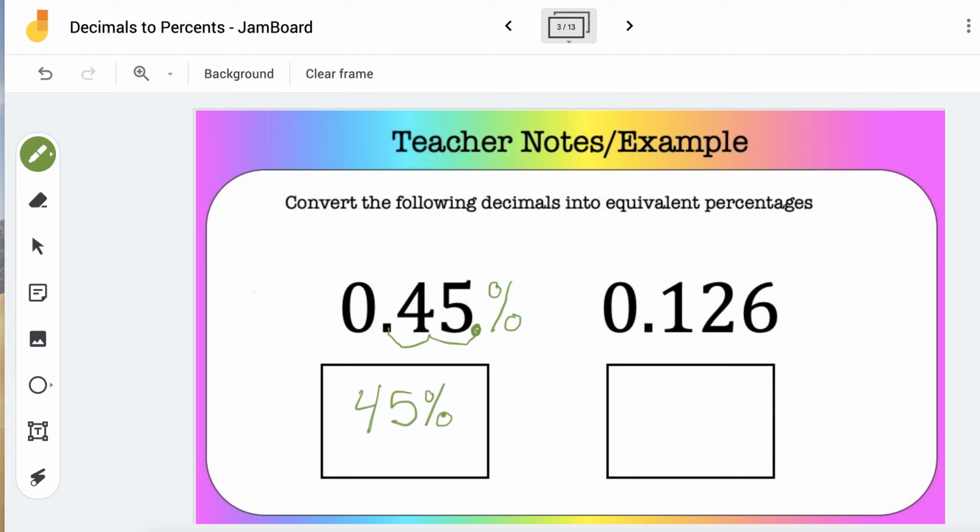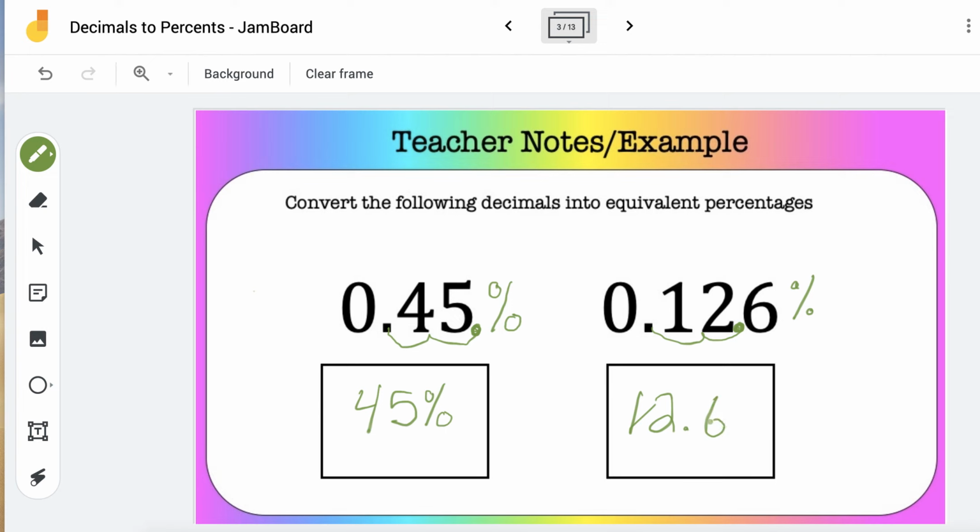And then for this decimal, 126 thousandths, again, we're going to move the decimal 2 spots to the right. When we do that, we're multiplying by 100. All right, so here we go. So 1 spot and 2 spots. So now the decimal is there. I'm going to add the percent sign, and that will give us